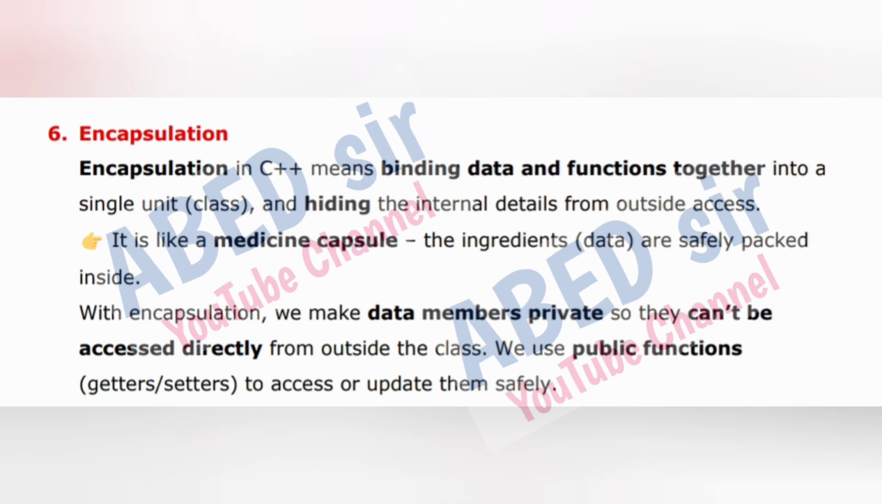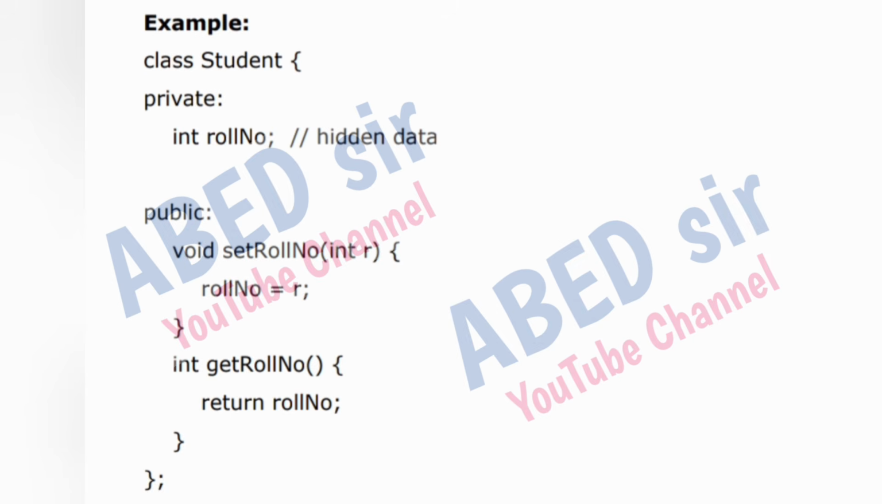With encapsulation, we make data members private so they can't be accessed directly from outside the class. We use public functions, getters and setters, to access or update them safely. Example: class Student, private: int roll_no (hidden data); public: void set_roll_no(int r) { roll_no = r; } int get_roll_no() { return roll_no; }